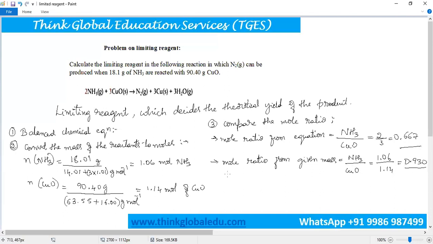So if we compare the mole ratio of ammonia and copper oxide obtained from the equation and the given mass, the mole ratio of ammonia with respect to copper oxide is larger than the required ratio in the equation. And thus, we can come to the conclusion that ammonia is in excess